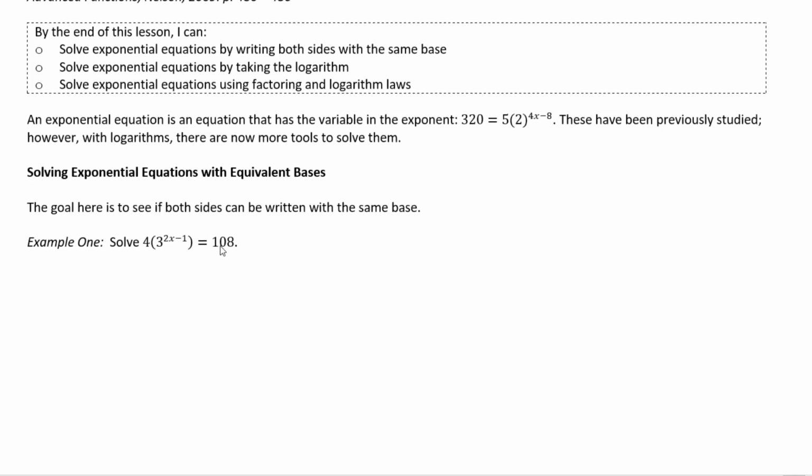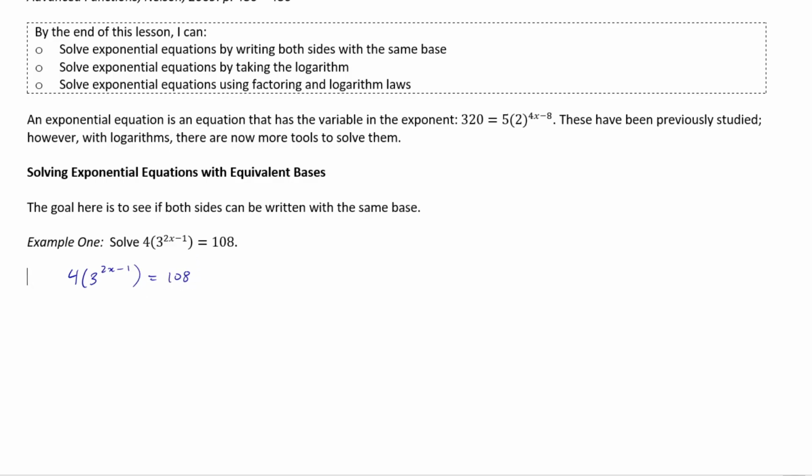So we can do as we did before, which is solving exponential equations with equivalent bases. This is something that we saw in the previous lesson, whereby we try to make the base on the left side equal to the base on the right side, and then equate the exponents. So the first thing that I would do in this example, with this exponential equation, again it's exponential because we've got the variable in the exponent. So what I'm going to do is write 3 to the power of 2x minus 1 equals